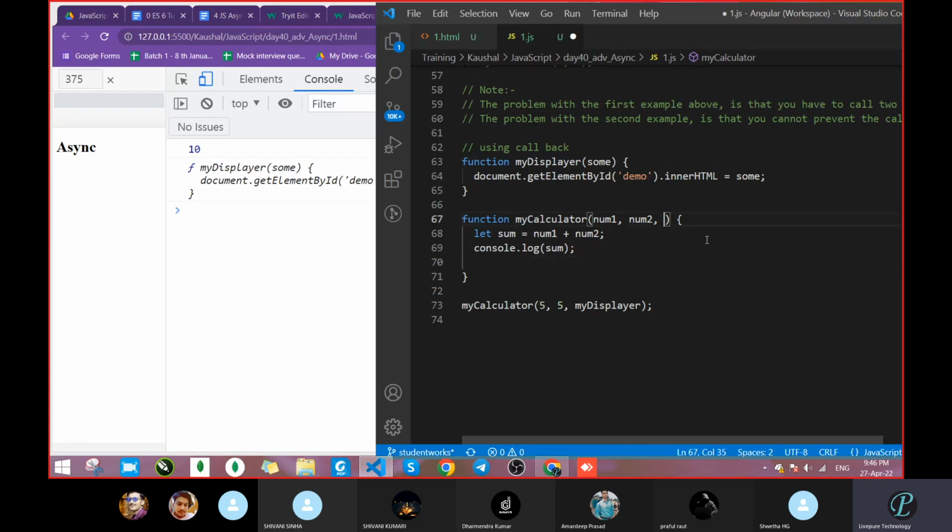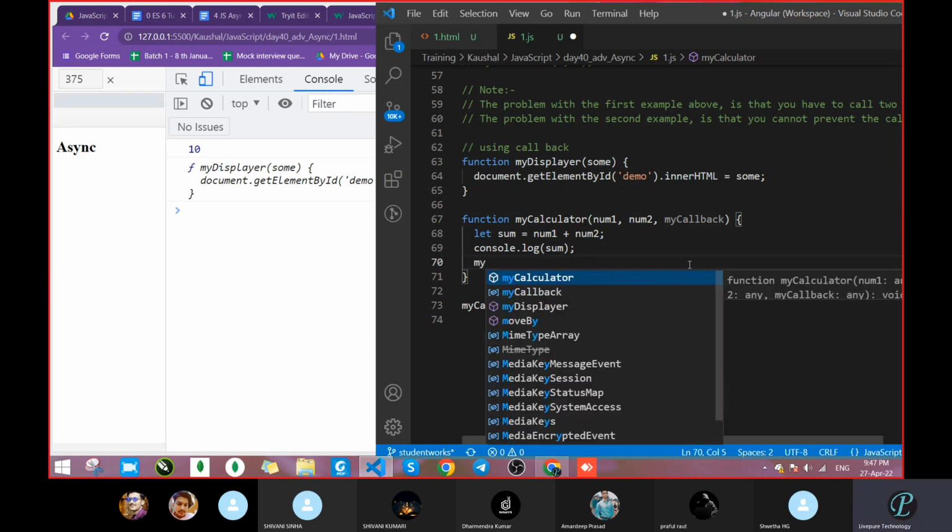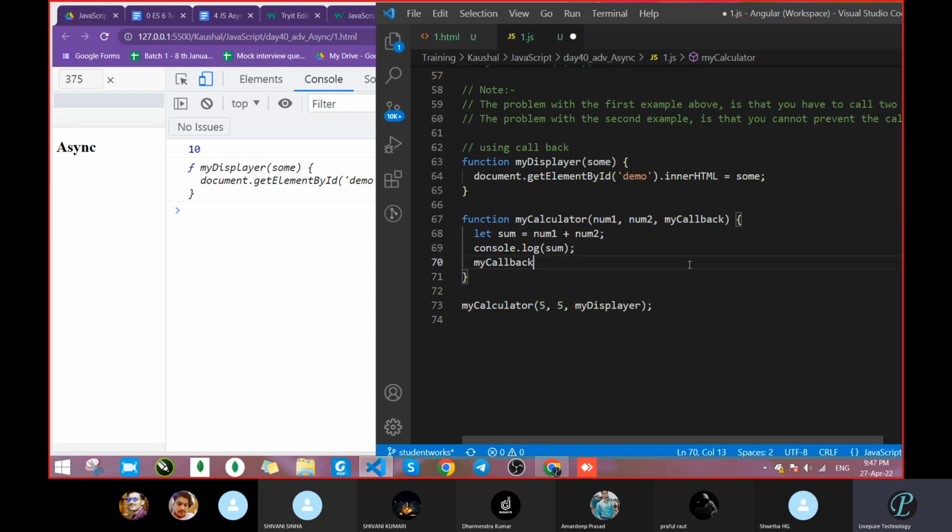Let's remove this fun and put some name, my callback. Now the problem came. How will we pass the argument? Because in that case, my callback requires one argument, since my displayer has one argument, sum.